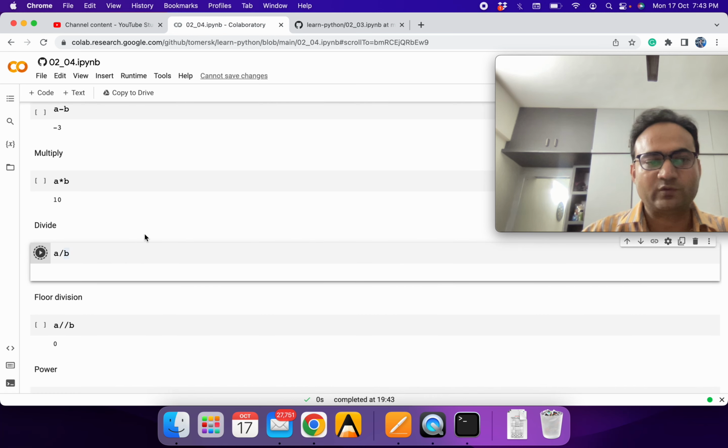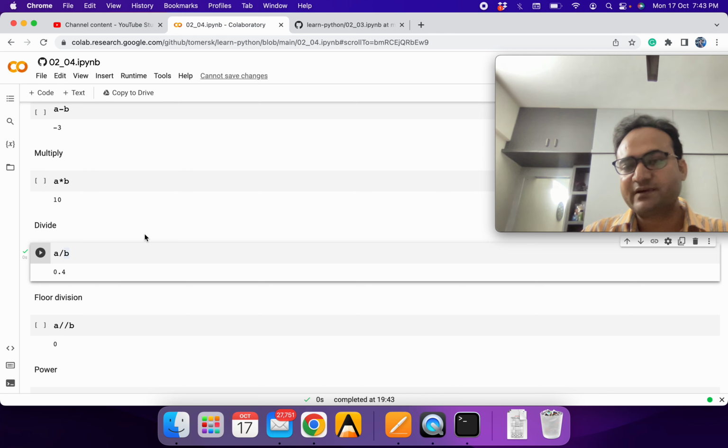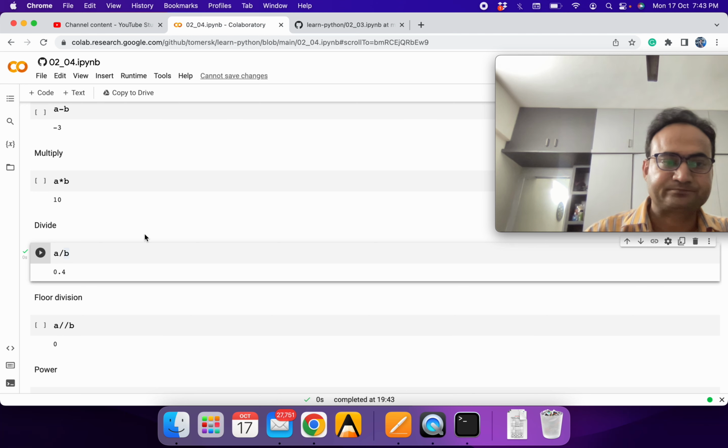Of course we know 2 divided by 5 is equal to 0.4, but in the older version of Python it was not defined, and if a and b are integers, a divided by b used to be 0, because it was rounding it off. At the time there was an option to import from the future library, but in the latest version, which is Python 3, this is not a difficulty, so you don't have to worry about integer division. It will take care of it.